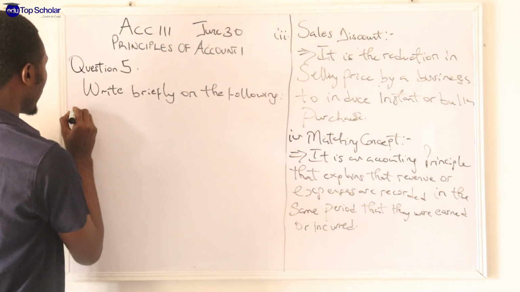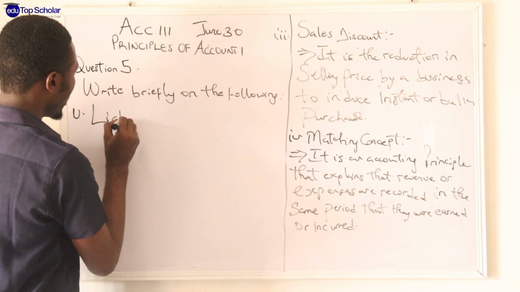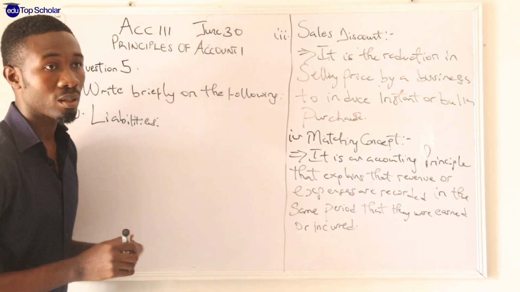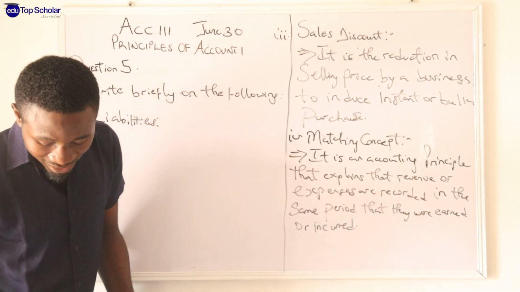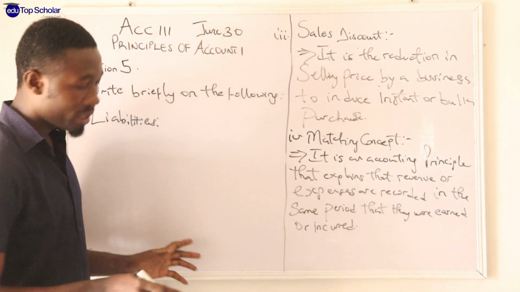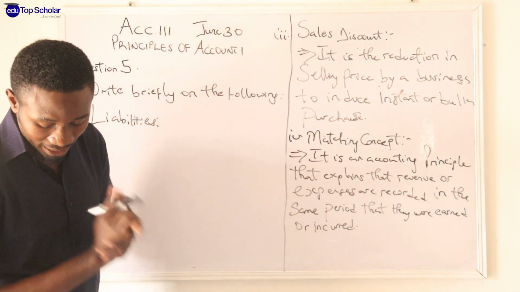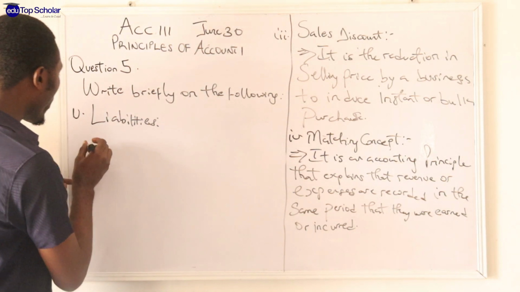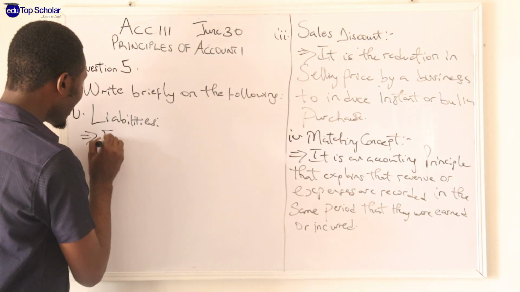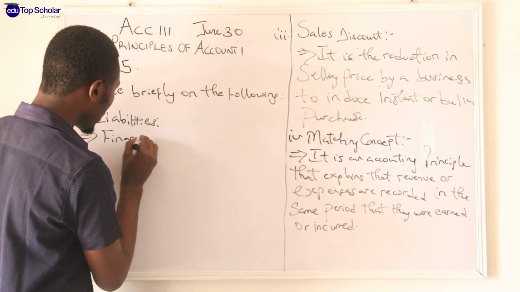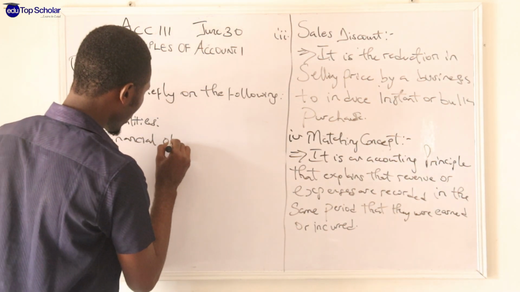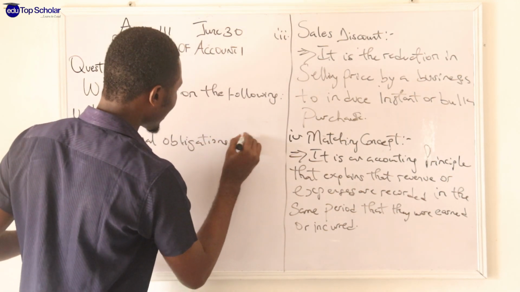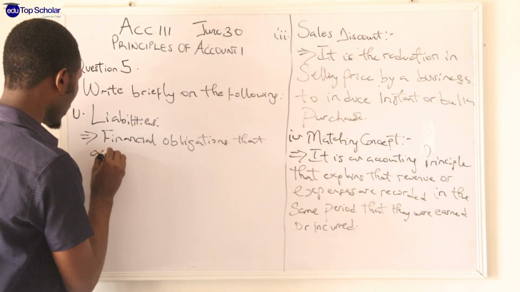Liability. That is number 5. Liabilities. Okay. Liabilities are financial obligations or debts that a company or individual owes to an external party. So for example purpose, if you can just write that they are financial obligations that a company owes,